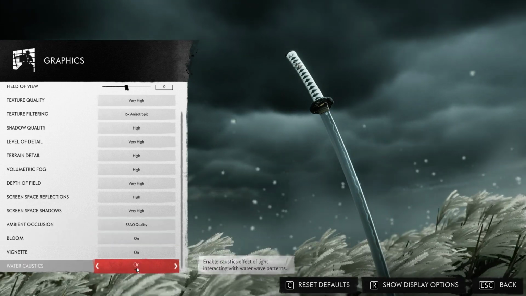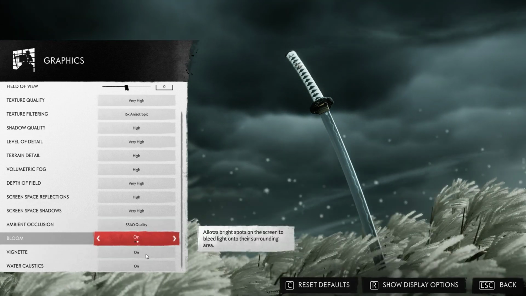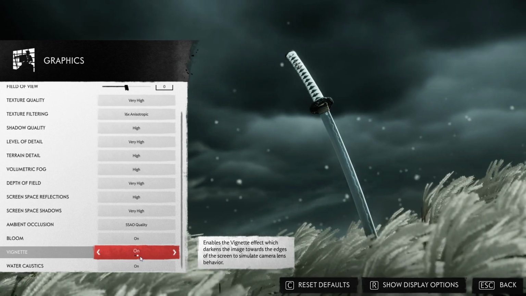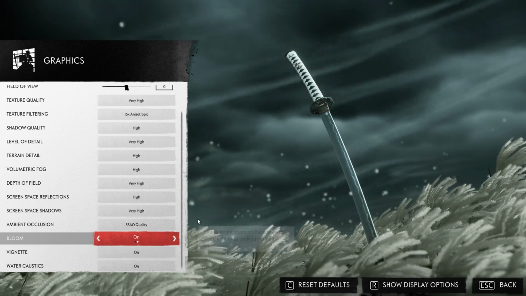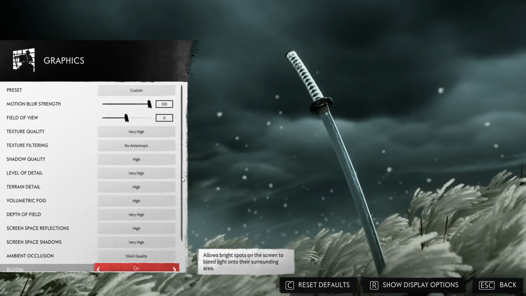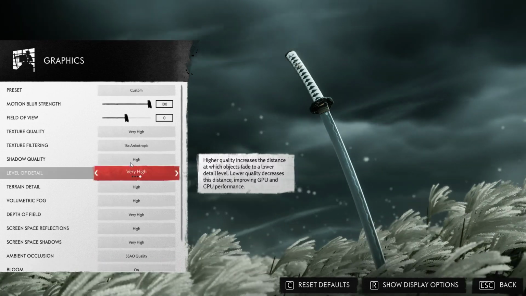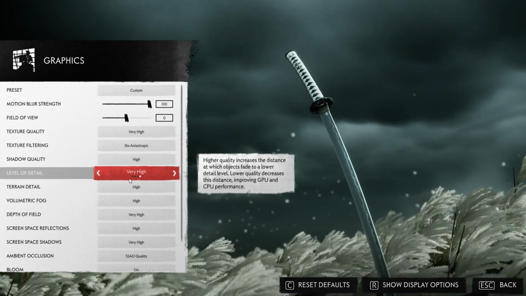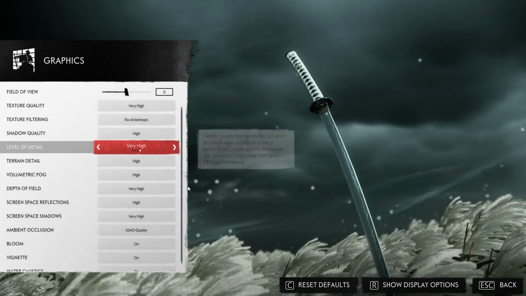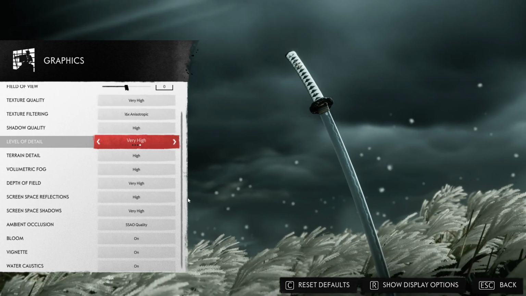About these three effects, these are based on your preference. You can turn them on or off. One other thing, to have more FPS in 1% low situations, you can use high level of detail instead of very high. So these are the optimized settings for